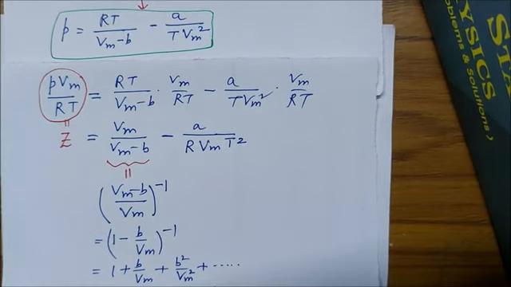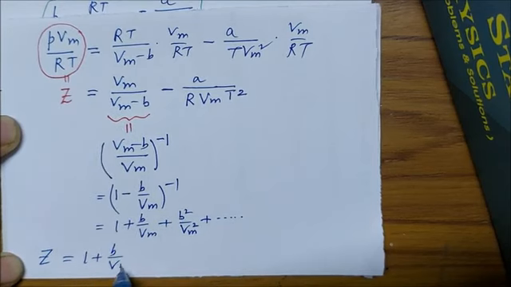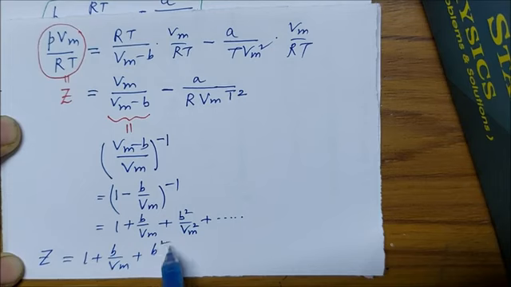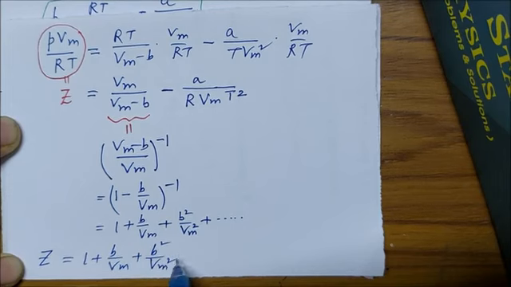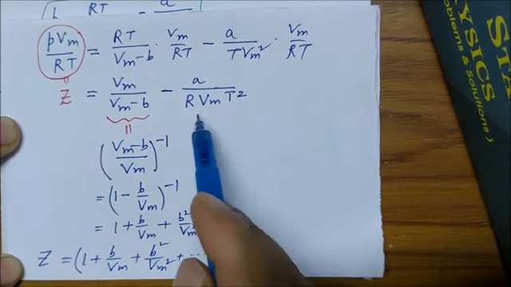So collecting the terms, we have Z on the left hand side. This represents the first term, and the second term is